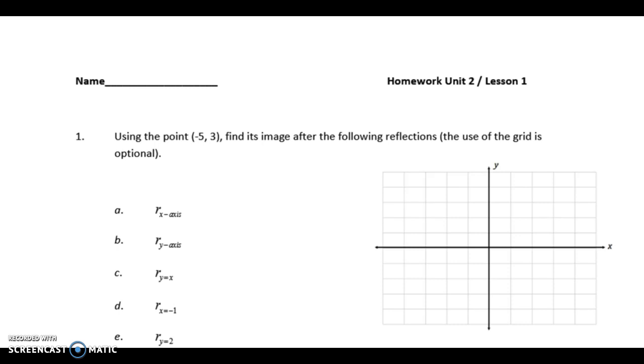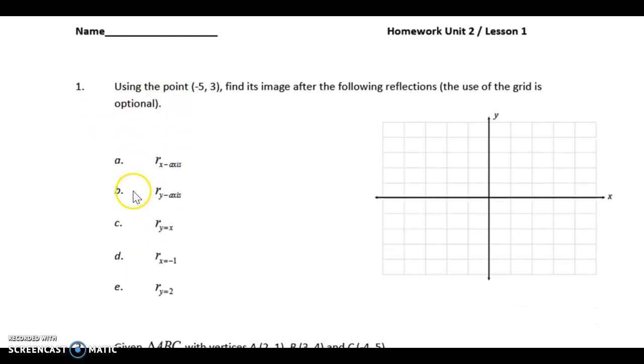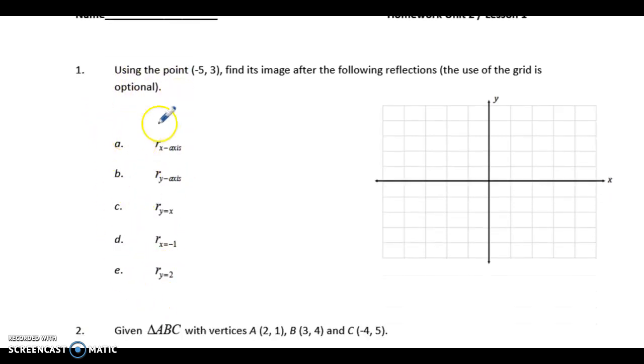I'm just going to help you remember some of the rules that we talked about in class today for these reflections. So question number 1, you're doing a series of reflections to the point (-5, 3). So you're going to start out by graphing that point: 1, 2, 3, 4, 5, 1, 2, 3. And so you plot that point right here. And now, that's your initial point, you have to remember what to do with each of these